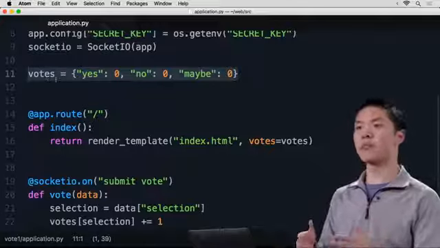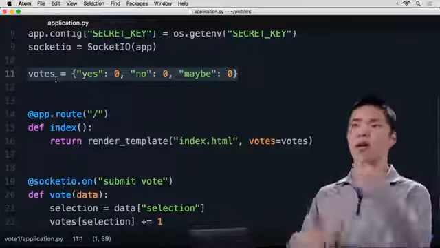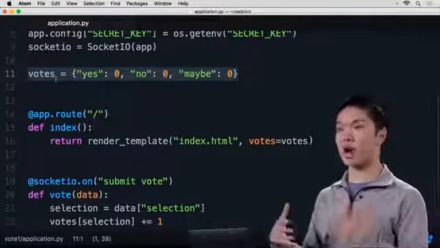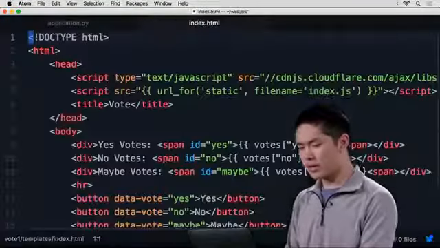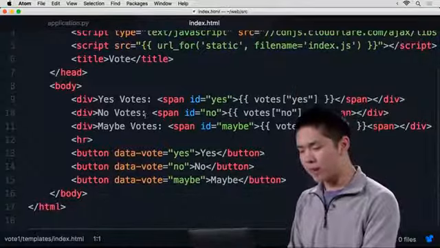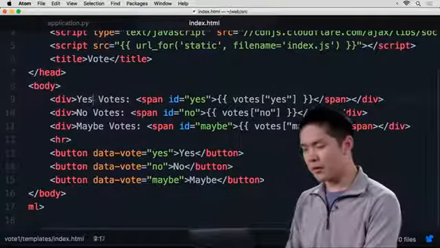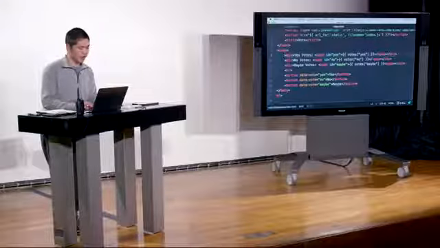They start out as 0, but maybe by the time that I get to the website, different people have made different votes, and I want to know what those current vote tallies are. So if I go to index.html now, what I see inside my body is 3 divs, one that says yes